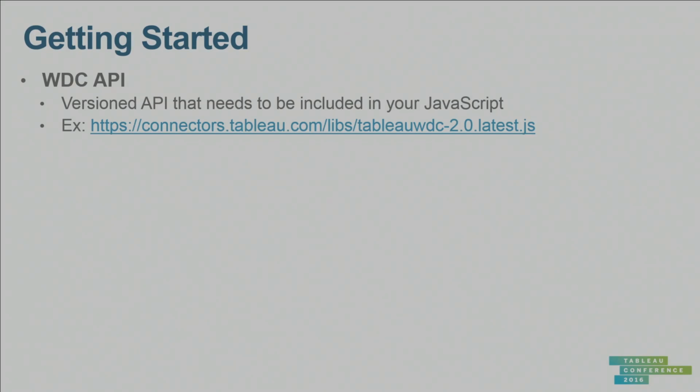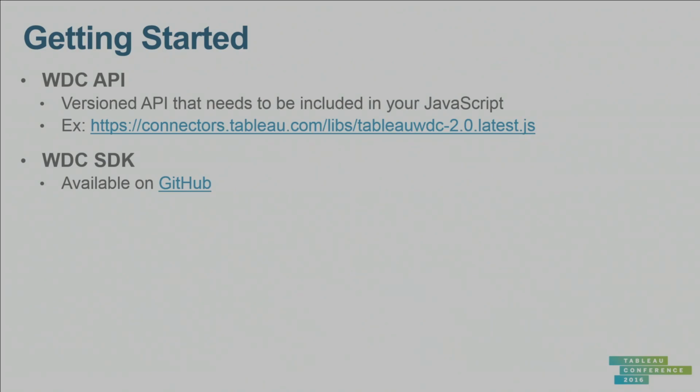OK, that's a high-level concept. We can now get started, but to do that, you need two things. When you begin development on your connectors, you're going to need two different things. The first is the Web Data Connector API. This comes in the form of a JavaScript script, and you'll include that in your HTML page through a script tag. We have this hosted on connectors.tableau.com, but you can also just download that and use a local version if you so choose. By the way, all this setup stuff is on our documentation site, so you don't need to remember any of it. You will have a nice walkthrough there for you later.